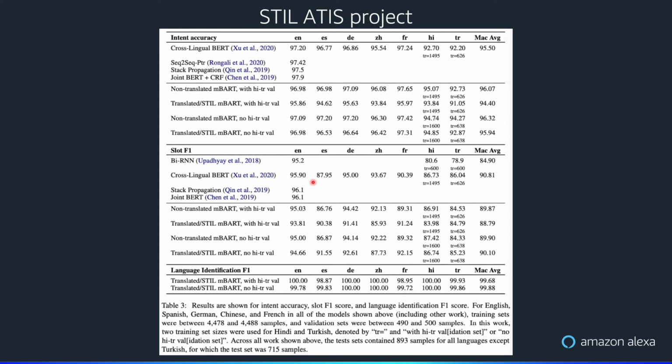If we look again at non-translation, so when no translation is performed on the slot content, versus the state of the art, Zhu's system, we're slightly better for intent accuracy, 96.07 versus 95.5, but slightly worse for slot F1, 89.87 versus 90.81. But you can see we're in the right ballpark in terms of performance for non-translated slots,